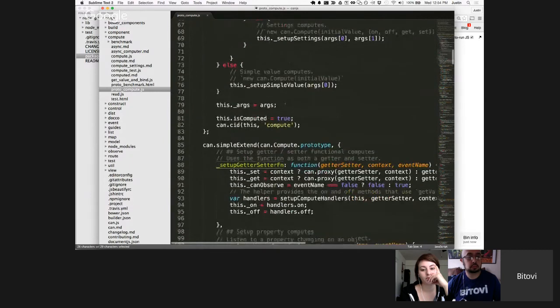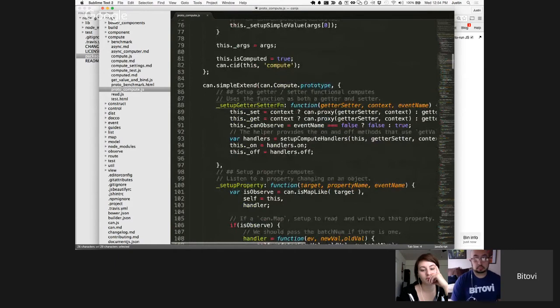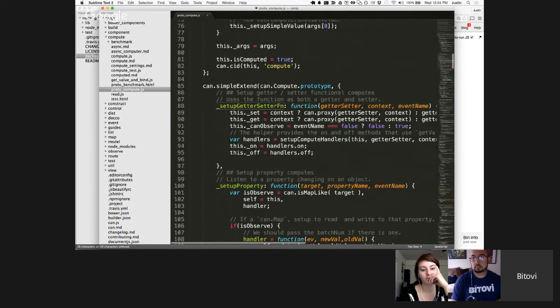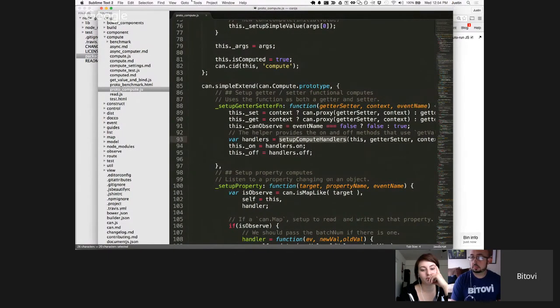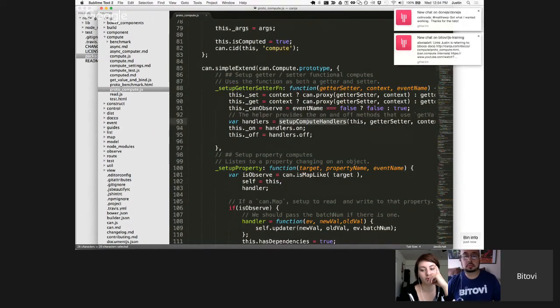So we can look at this getter-setter function, and really what it's going to do is set up the get and set internal methods to call that function that was passed in, and it's going to call this setup compute handlers, which is really what's there to run this function and set up binding on any observables that this function reads. And most of that behavior